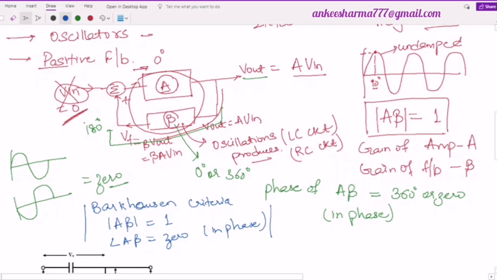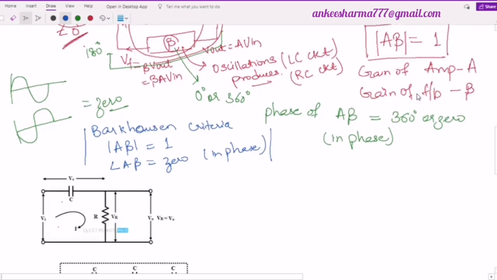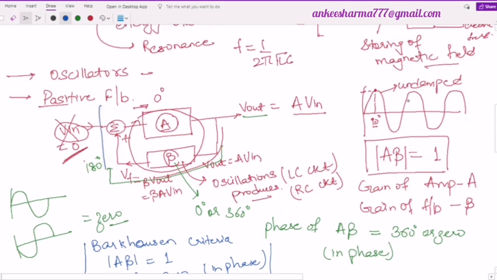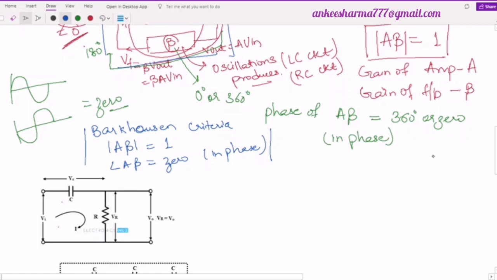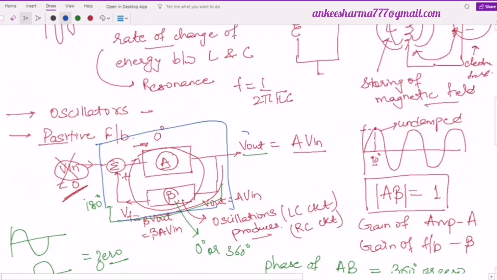Okay, so I will tell you one more thing related to it, which will give you a better understanding of the Barkhausen criteria. Now, you know the gain in a feedback circuit, as I have drawn here. If you see this diagram, this is a positive feedback circuit. So in this positive feedback circuit, the overall gain is nothing but output voltage upon input voltage. You can see here the output voltage is this one and the input voltage was this one, which I have assumed to be 0, but right now I will just say it is V in.